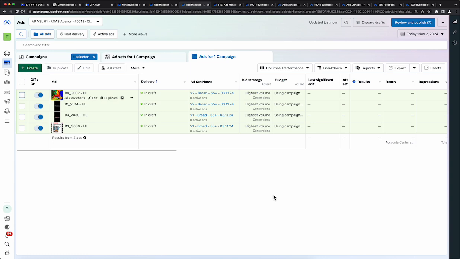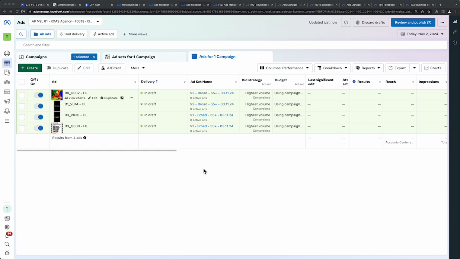Then you would have one ad set per campaign, all the same audience. Let's just say broad 55 plus. And then inside each ad set, you would have one ad. Those 5 ads, because you have 5 campaigns, would all be unique. So for me, I have a unique creative. Now, something I will show you as well is how you could maybe